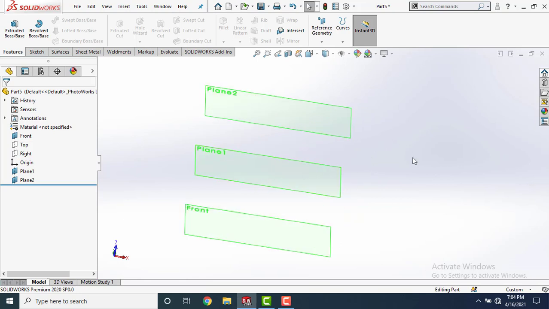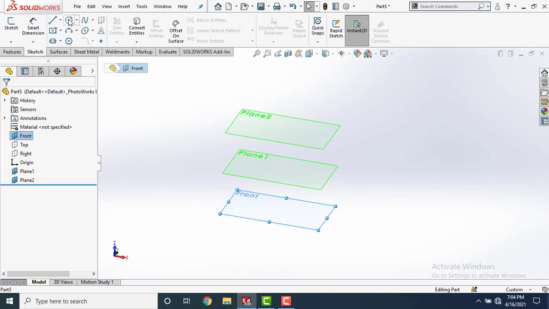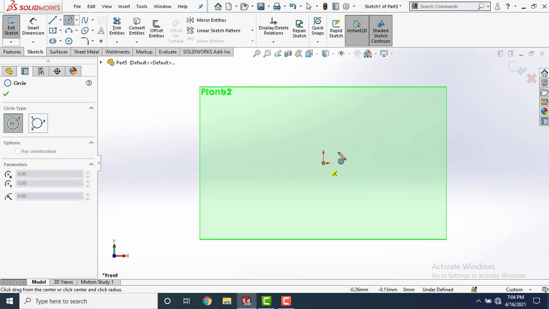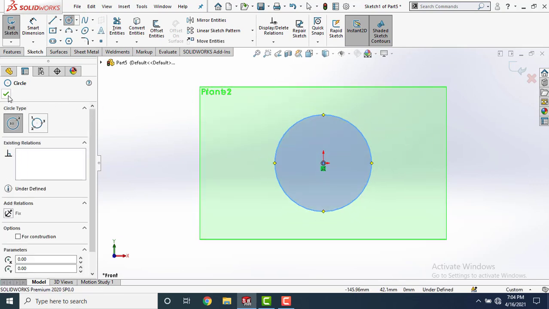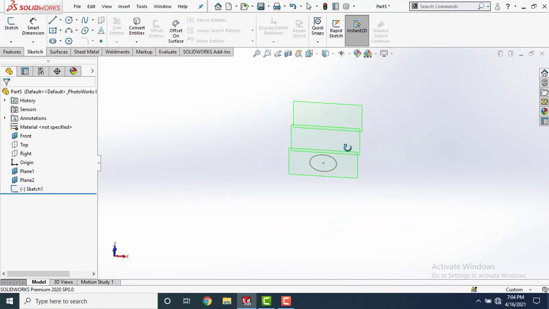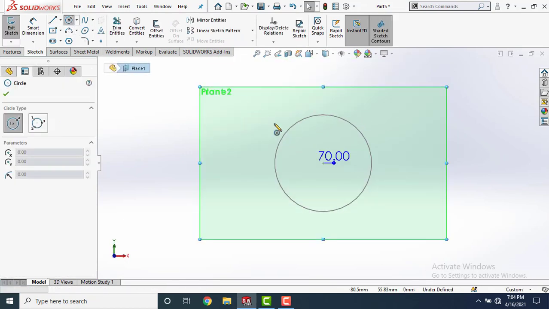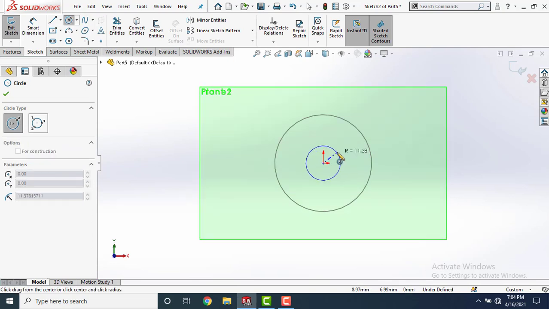Now I will create 3 different sketches in these 3 planes. First of all, select front plane. Go to sketch and let's create a circle here. Click OK. Come out of this sketch. Now select plane 1, make it normal, go to sketch, select a circle and create a circle in plane 1.